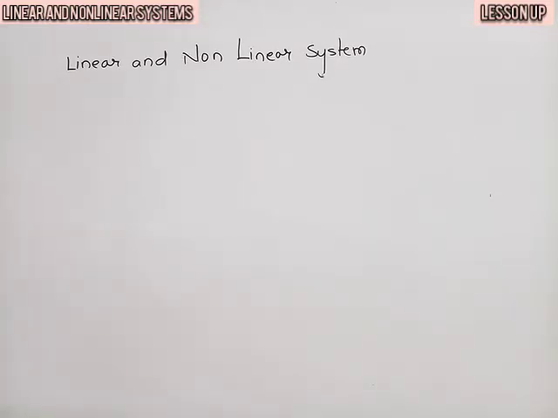In this video, we are going to see classification of system. Our first classification is linear and non-linear. A system is said to be linear if it obeys superposition rule. For example,